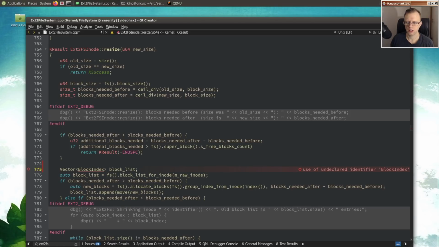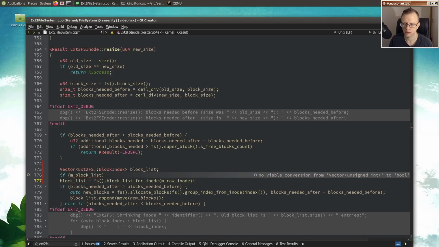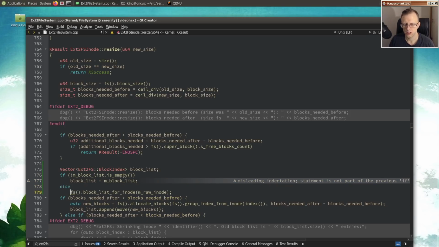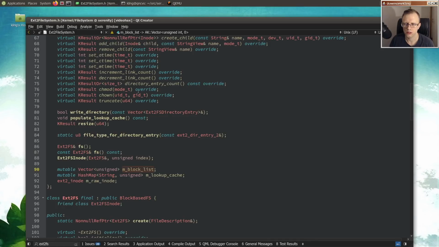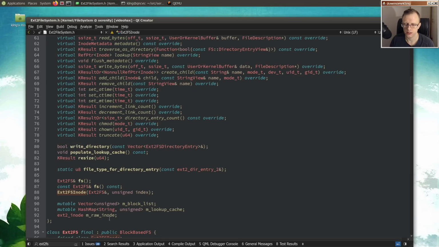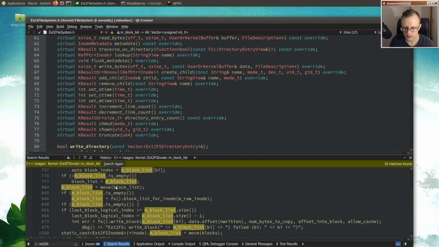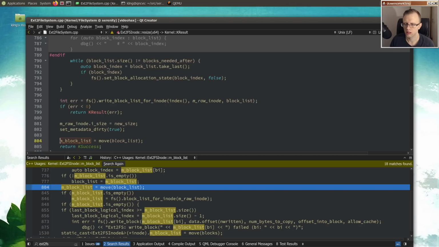Block index is not a thing. Ext2FS block index, yeah, there we go. And if we have a block list, then just use that. Wait, what am I doing? m_block_list. So if it's non-empty, use the existing block list. Because every inode caches the block list associated with it, but I guess maybe it's lazily populated. Let's see, we do this at the end of resize. We will assign m_block_list,